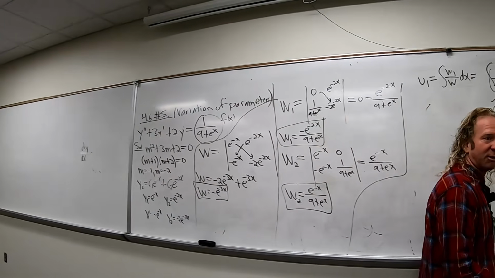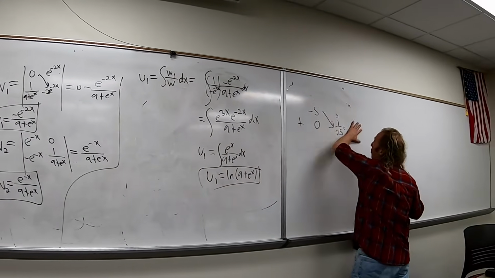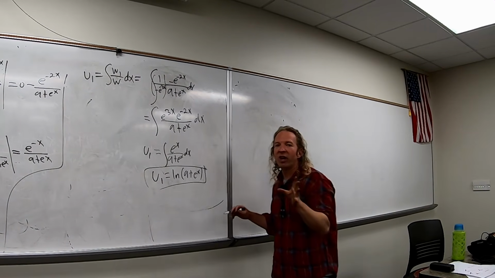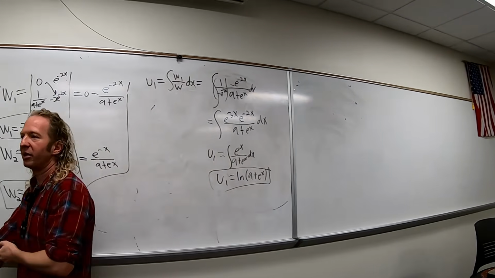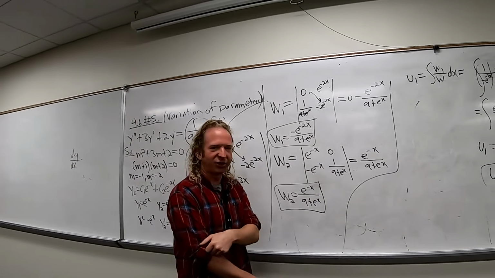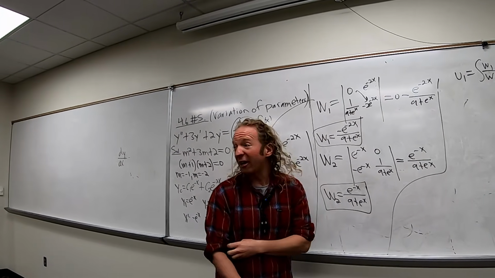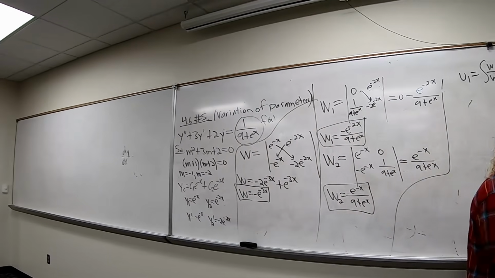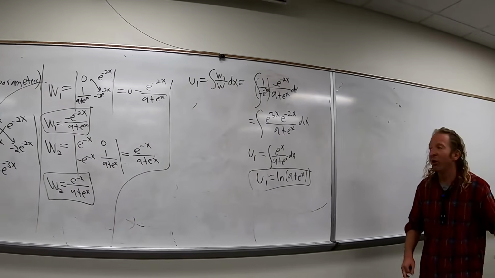Yeah, it's rigged. So I'm going to come to this board now. How come we don't need the plus C for this? Everything goes away if you put the plus C. It'll get absorbed at the end later anyways. So you could try it, and you'll see it just all goes away. Now we've got to find U2. This is where it's going to get harder. But any questions on U1? We still have a couple minutes, so it's good. All right, U2